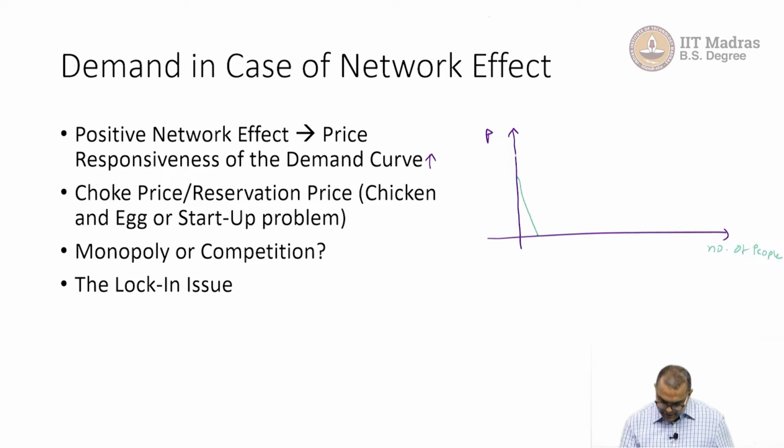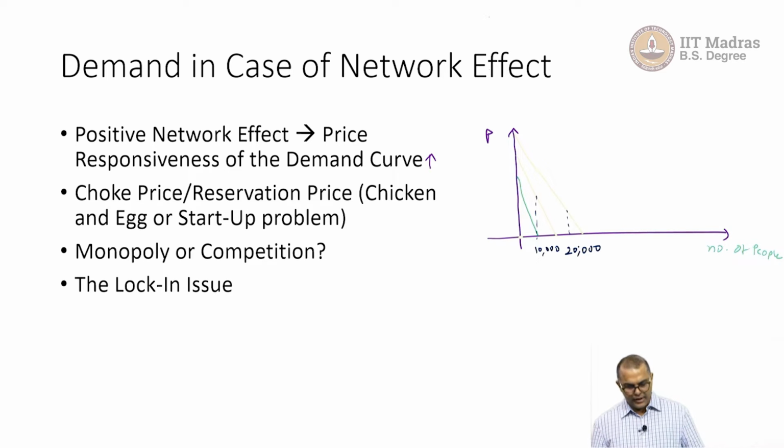So let us say 10,000 people are present. This is the way it would look. Let us say 20,000 people are present. This is the way it would look. And here on this axis, we have the number of people. Of course we have to give numbers, so let us say this is where 10,000 is and this is where 20,000 is.